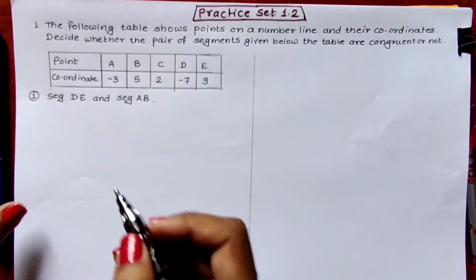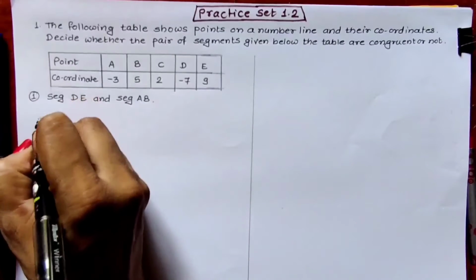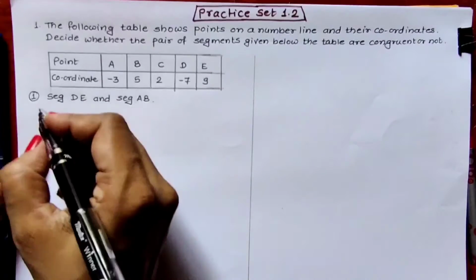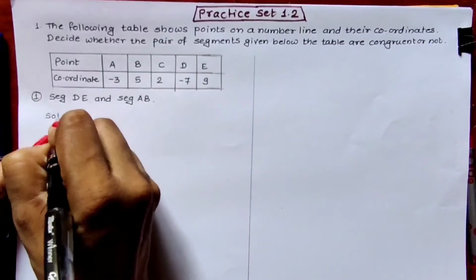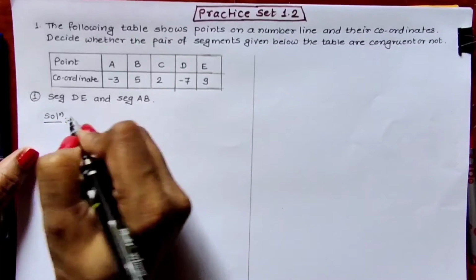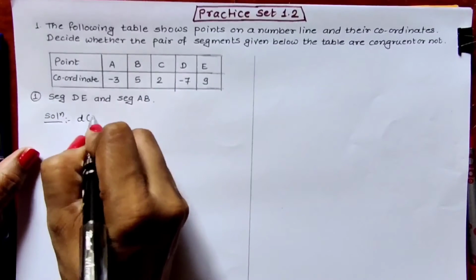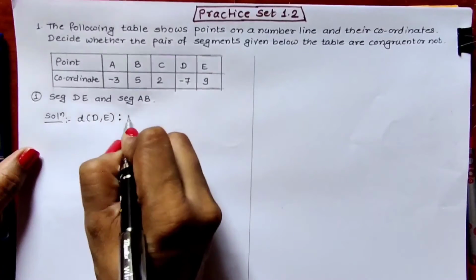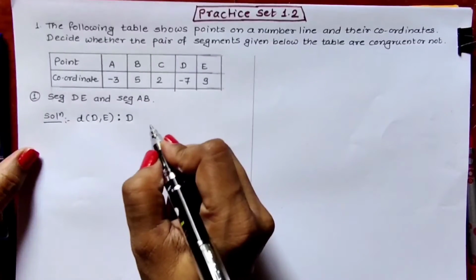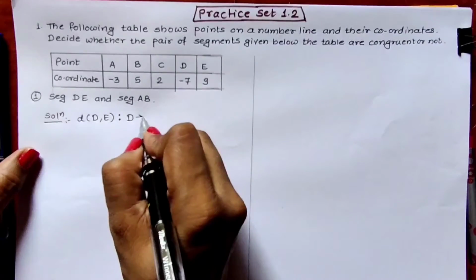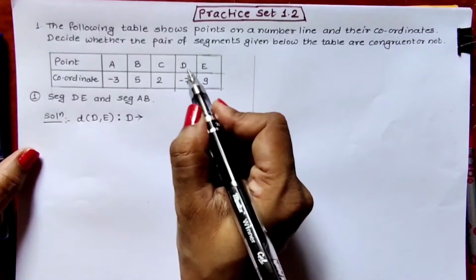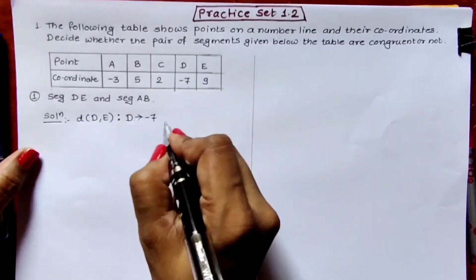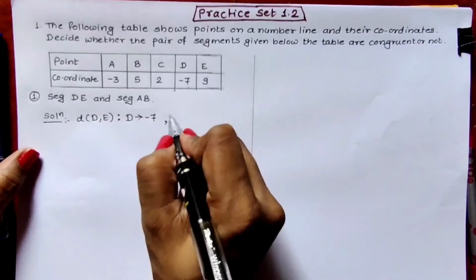I have written the question as it is on my page. We will start our solution for the first pair, segment DE and segment AB. So let us start the solution. First we will find out distance DE. For this we should know the coordinates of point D and point E. Here it is given in the chart. Coordinate of point D is -7 and coordinate of point E